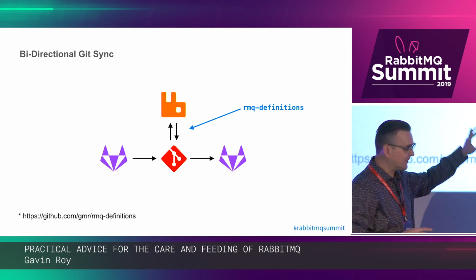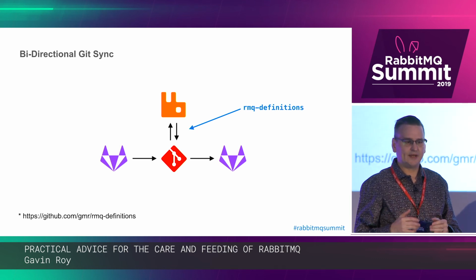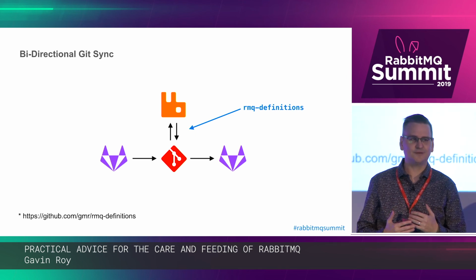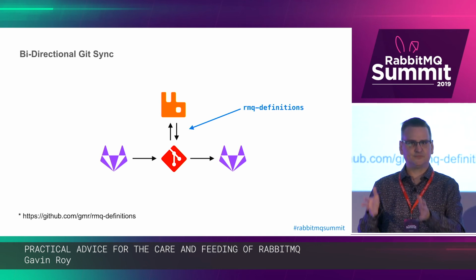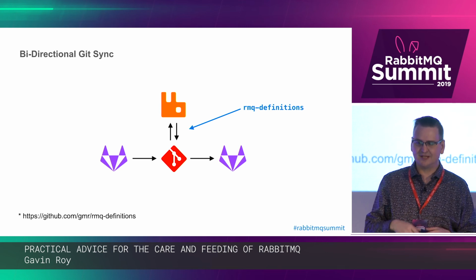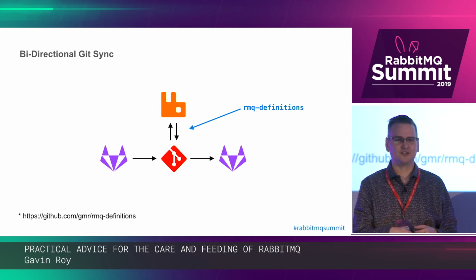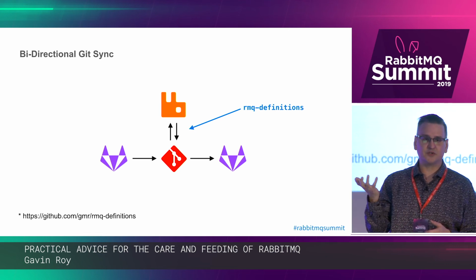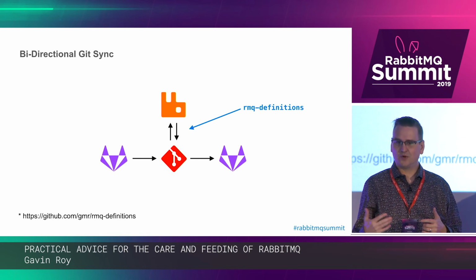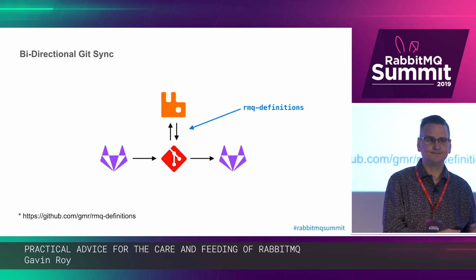But one of the problems is that the RabbitMQ API that exports the definitions in JSON is, by its own nature, non-deterministic in its sort order. So if you take just straight up, I'm just going to do an export from RabbitMQ's API of these definitions, and you put it into Git, every time you run that, the file is going to change, even if nothing in the file has changed. So we threw together a really simple Python application that does deterministic sorting of that file, so that way we're only making commits when actual content changes.